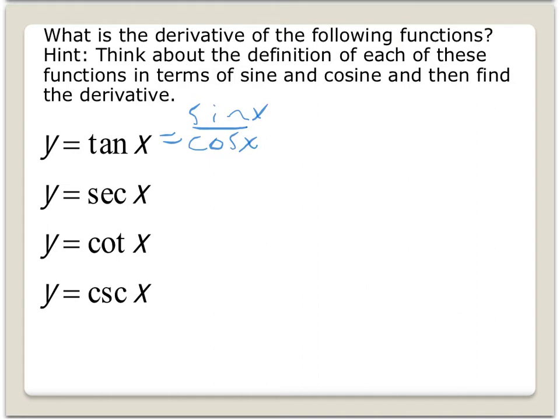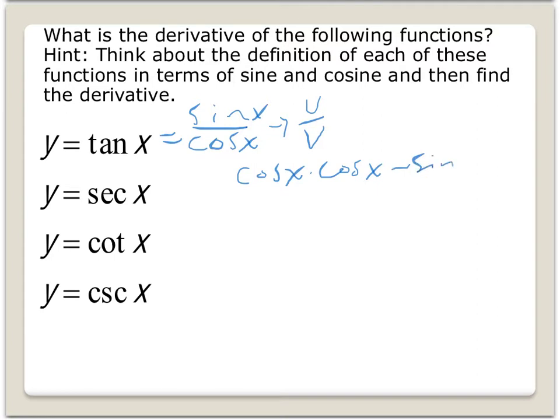And the reason that we're going to use this is now we can use the quotient rule. We realize here that we have a u divided by v problem. So we can use the quotient rule, which remember is u prime v minus uv prime all over v squared. So if I derive the first function, I get cosine x times, I leave the bottom function alone, minus, now